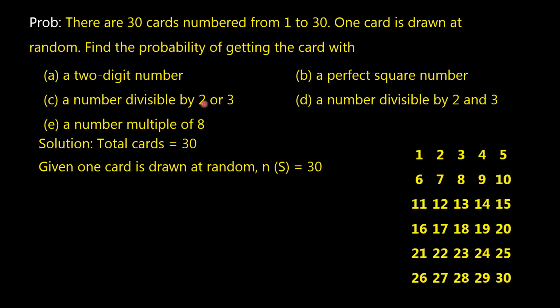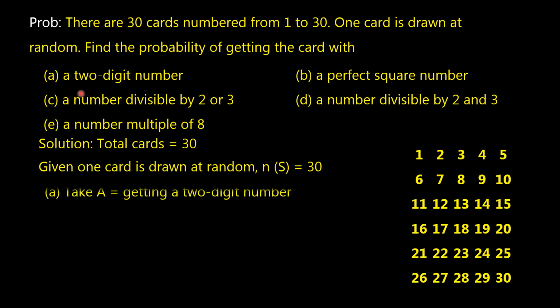For your sake, I provide the sample space also, and no need to write this sample space in the exams, not necessary. So, this is the sample space for the given problem. The sample space contains numbers from 1 to 30. Now, we identified the random experiment and the respective sample space also. Now, we will go for finding probability of the events one by one.